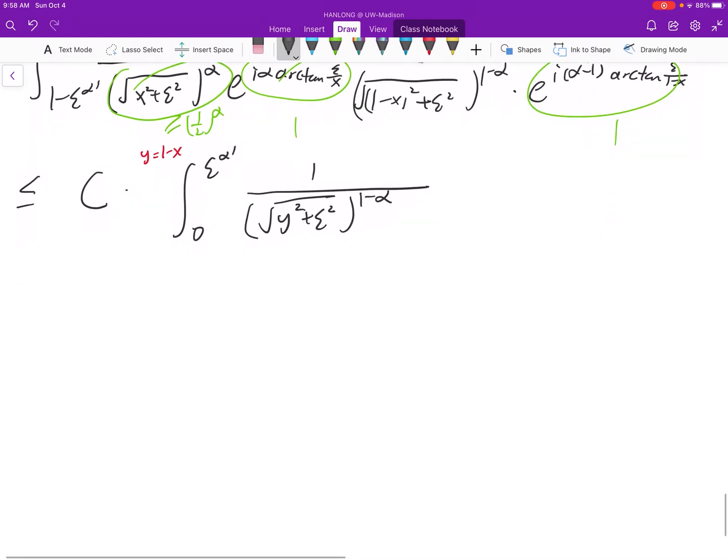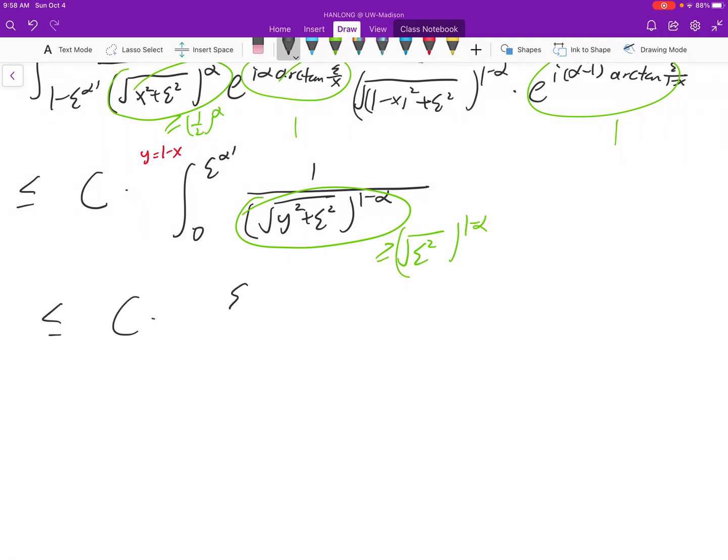Similarly, you enlarge the denominator part to epsilon squared's square root to the 1 minus alpha. Then this is bounded by c times epsilon to the alpha prime divided by epsilon to the 1 minus